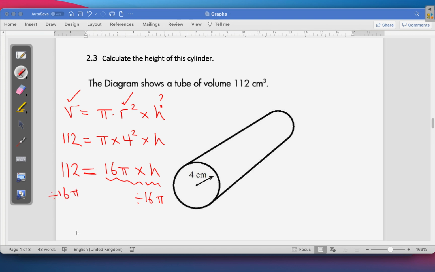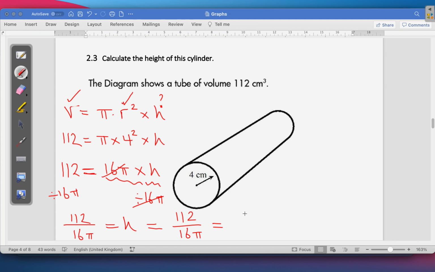So then what I end up with is 112 divided by 16 pi is equal to 16 pi times h divided by 16 pi. The 16 pi divide here cancels out with the 16 pi there, so I'm just left with h. I can write this the other way around just to make it a little bit easier to see. And then if I put this in my calculator, 112 divided by 16 pi,